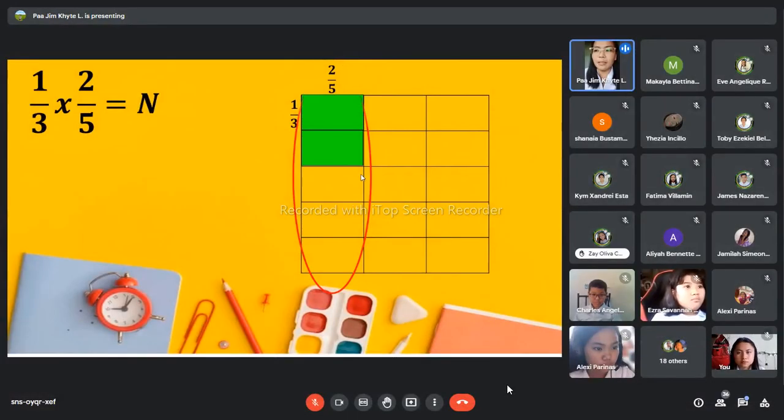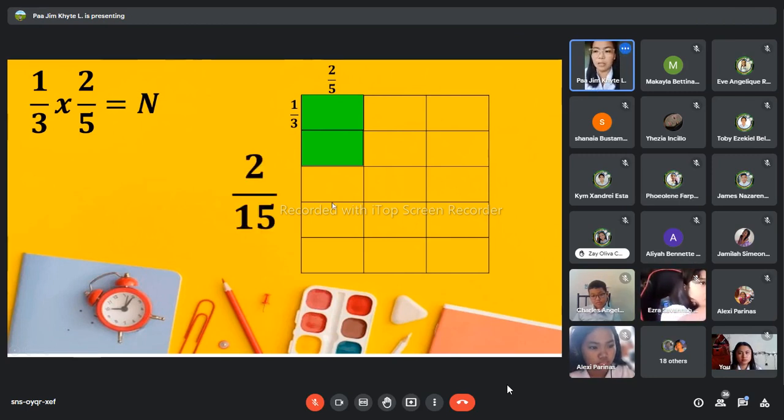And if we combine it together, we will form 2 parts of 15. If you can see in the model, there are 2 parts which are here the color green, which are the shaded part out of 15. So 1/3 multiplied by 2/5 is equals to